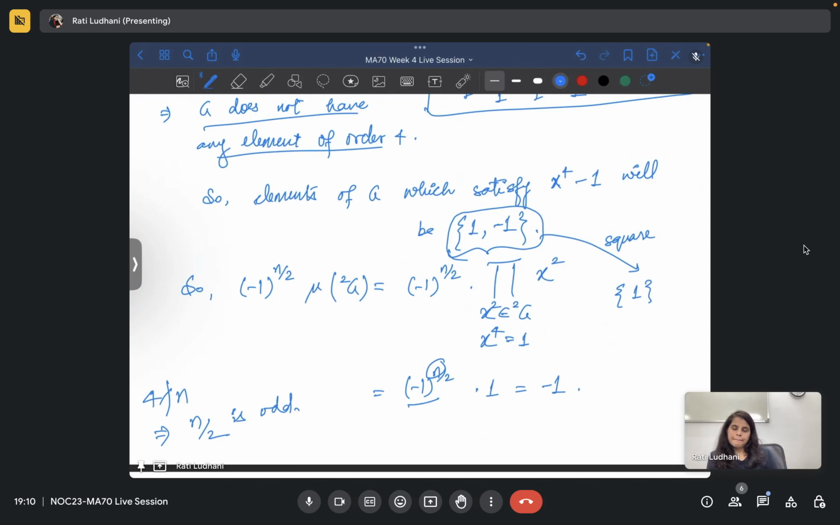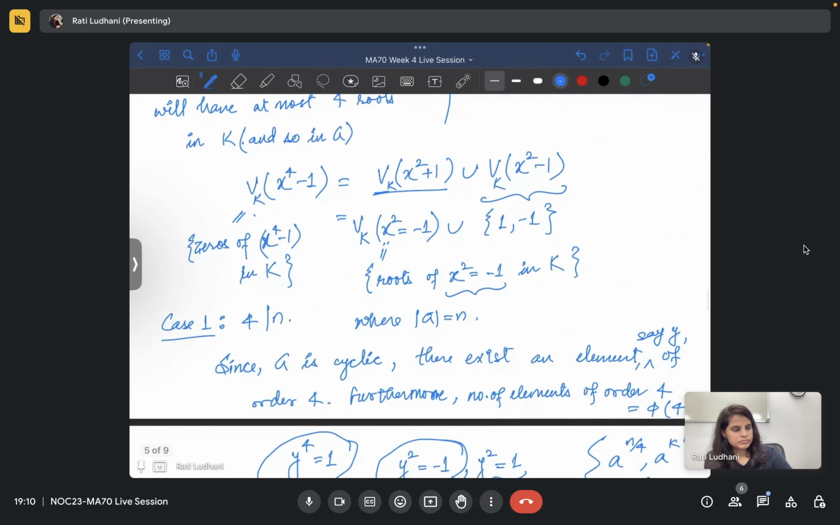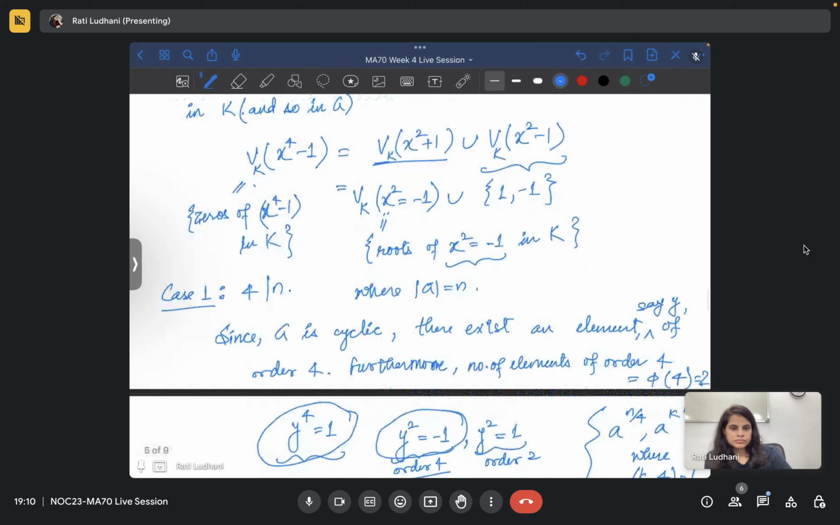Ma'am, I got my connection lost due to a network issue. I have not clearly understood what you gave as an exercise. Since G is cyclic, there must exist an element of order 4. So with this condition, assuming this condition, basically it's a general fact, if G is cyclic,